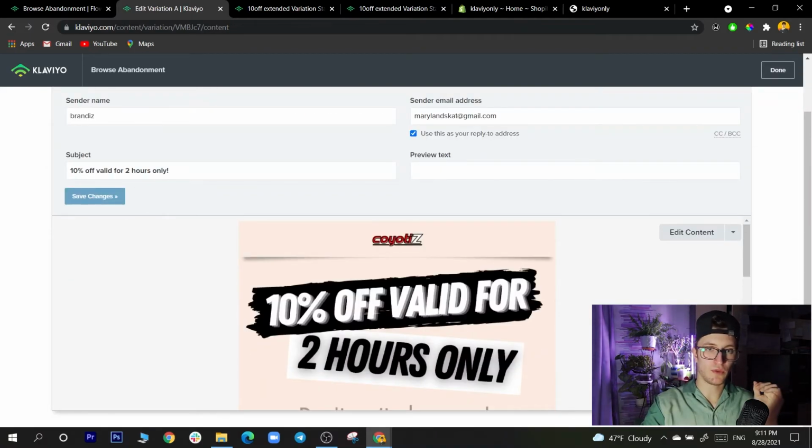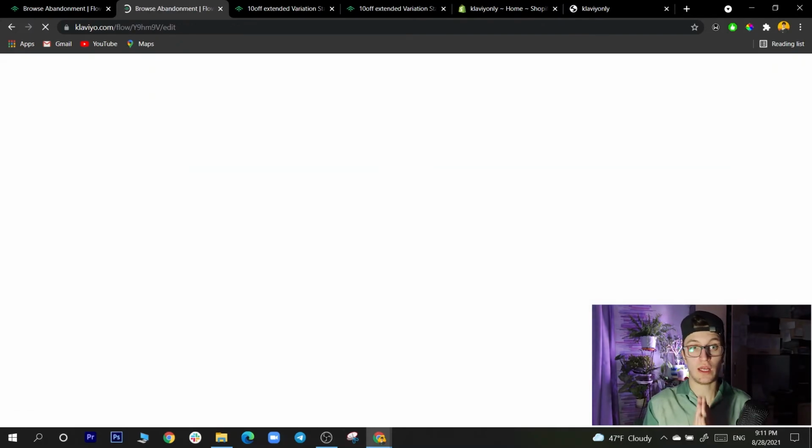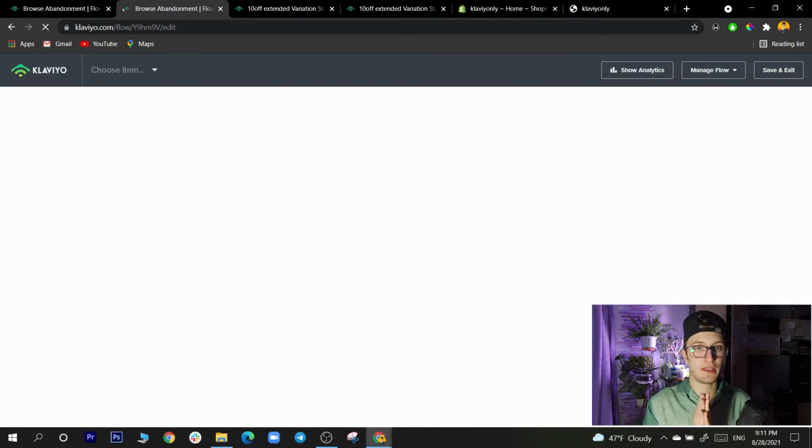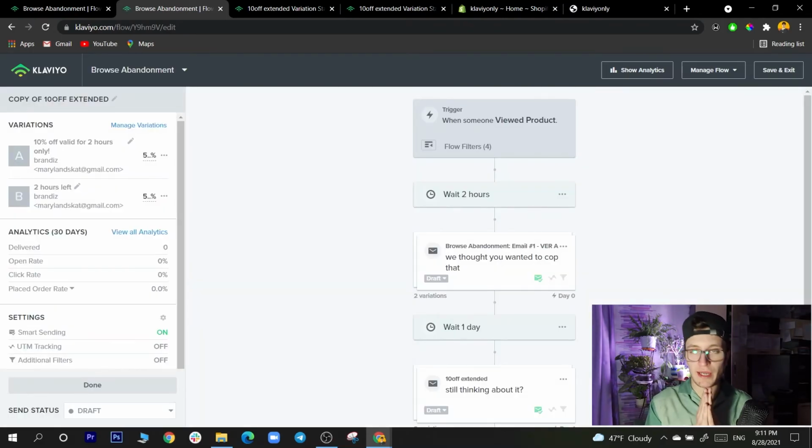It's just that simple, and this flow will make you money as well, because with browse abandonment, the price for add to cart is significantly higher than just viewing the product, right? And hey, do you want to target people with Facebook ads where you're going to pay money, or it's just a simple email?